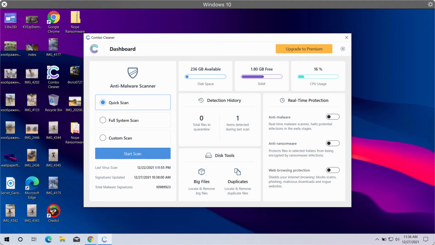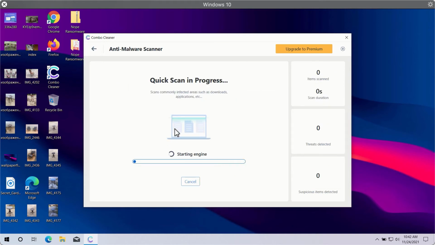After you successfully download and install Combo Cleaner antivirus, you will need to select your preferred scan type. In fact, there are 3 scan types available. They are Quick Scan, Full System Scan and Custom Scan. However, Quick Scan is only available in the trial version, whereas the premium version gives you the full system scan and custom scan options. So you need to click on the Start Scan button in order to let Combo Cleaner begin the research